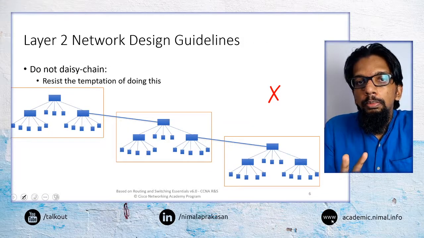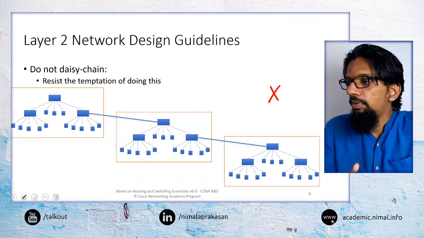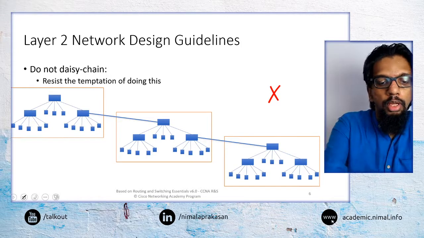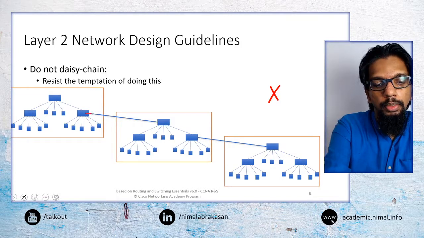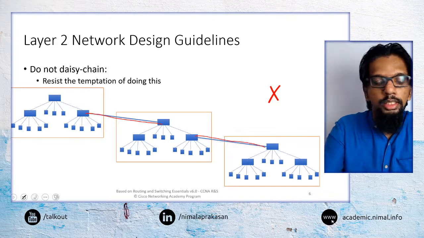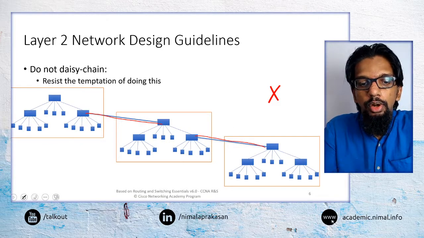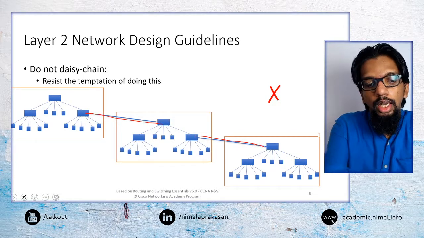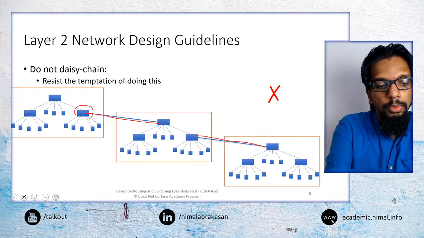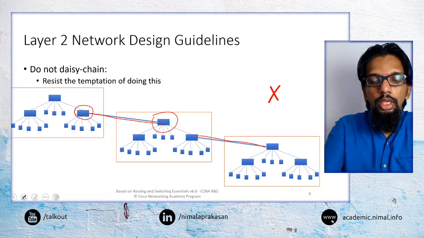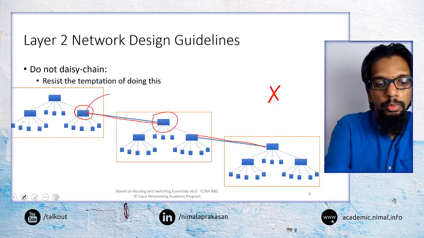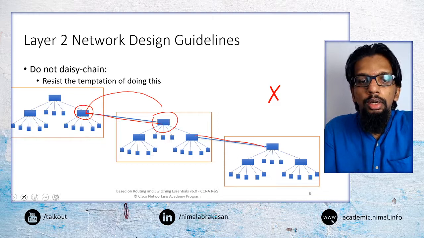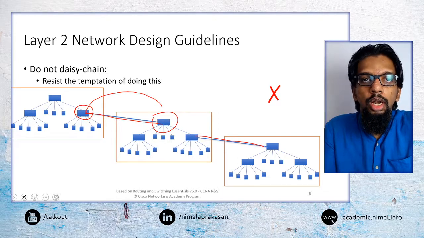And the problem of daisy chaining, or the problem of connecting these types of multiple networks, particularly daisy chaining from, say, a midpoint of a network to like this, is not ideal. So it's not something that we should be doing. Because it may be easier to connect, say for example, this switch may be located closer to the other switch in the other building, so it may be easier to connect these two because we can do it with a shorter cable run, but that is not an ideal way to do it.